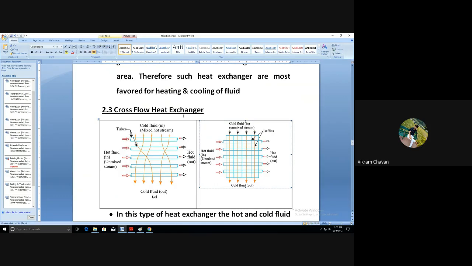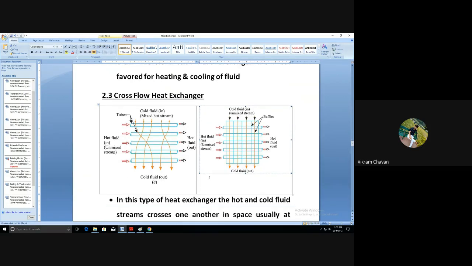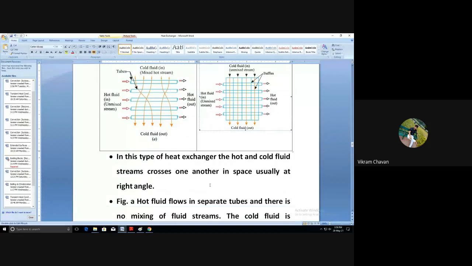Okay, have you drawn the diagram? Shall I dictate? So write down,